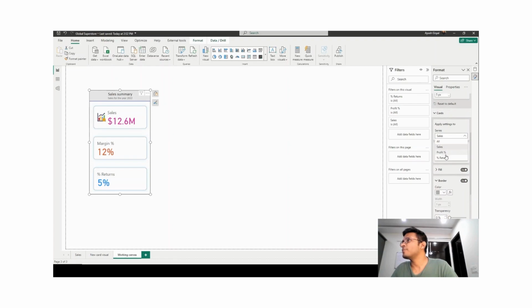So I'm going to select the profit series and then go to the browse image, right? And I'll just keep the size and everything as same. So I'll just select profit. Here the position should be left and the size should be 35, right? So this is the margin percentage. And similarly, I'm going to do it for returns,